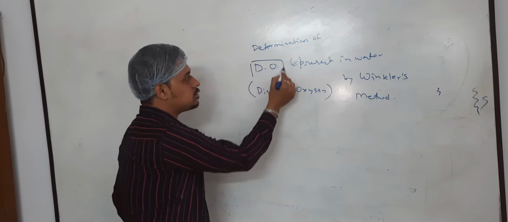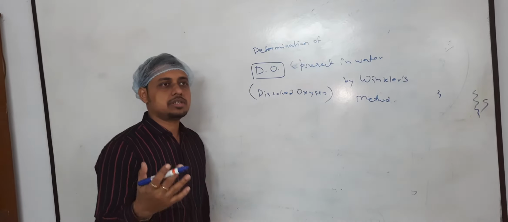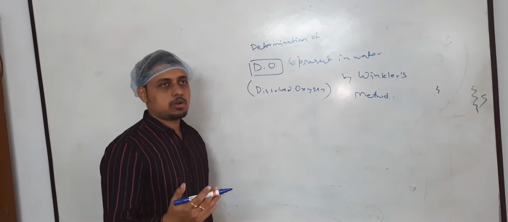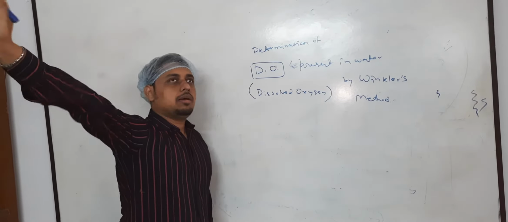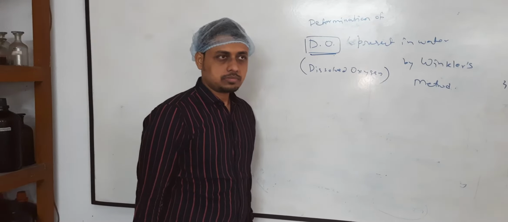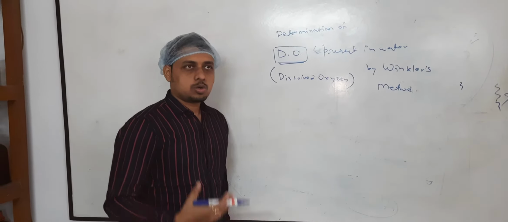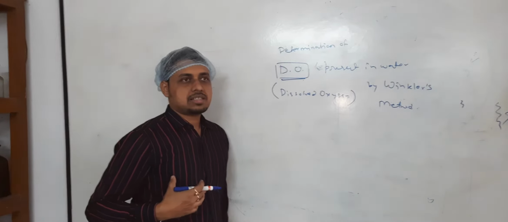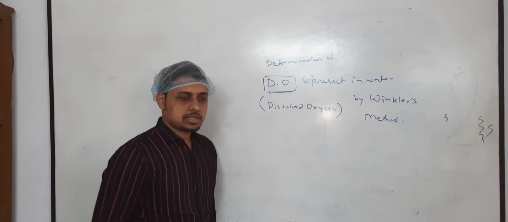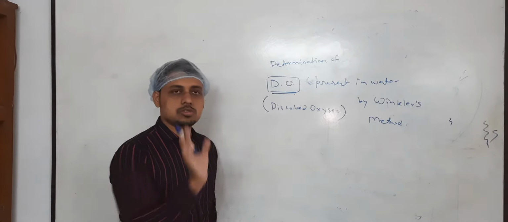Hope you know the term dissolved oxygen. Dissolved oxygen actually means the amount of molecular oxygen present in water. Obviously that oxygen must be dissolved or escaped in the cavity of the water. Particularly, dissolved oxygen is the only source of oxygen for aquatic plants and animals. We are taking oxygen from an aerial source, and also some amount of oxygen from our body fluid. That means the water we take for drinking needs to contain some amount of oxygen in the form of dissolved oxygen.